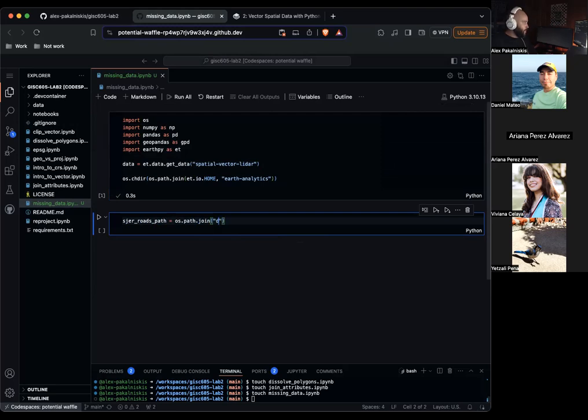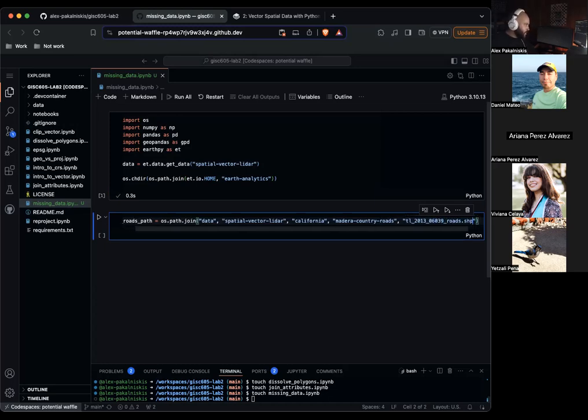Always bad at join. Data, spatial-vector-lidar, california, Madera County roads, tl_2013_06039_roads.shp.